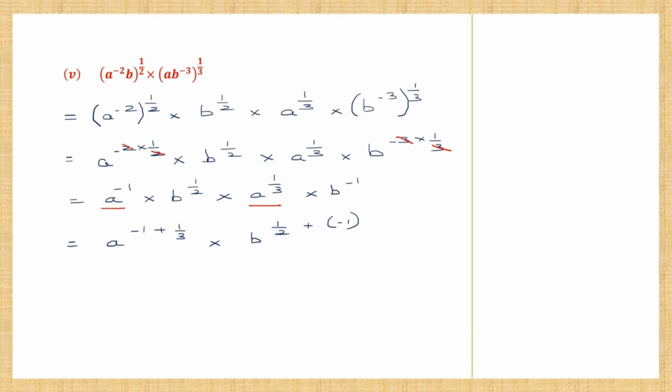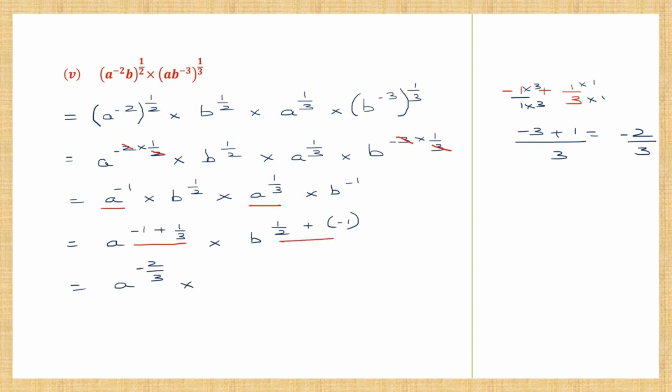So now this addition, minus 1 plus 1 by 3, let's do it here. So minus 1 plus 1 by 3. So this is addition of fractions. So the LCM is 3. So 1 into 3, so this also, minus 1 into 3 is minus 3, plus 3 into 1 and 1 into 1 is 1. So now this will be minus 3 plus 1 is minus 2 by 3. So this becomes a to the power of minus 2 by 3 into,